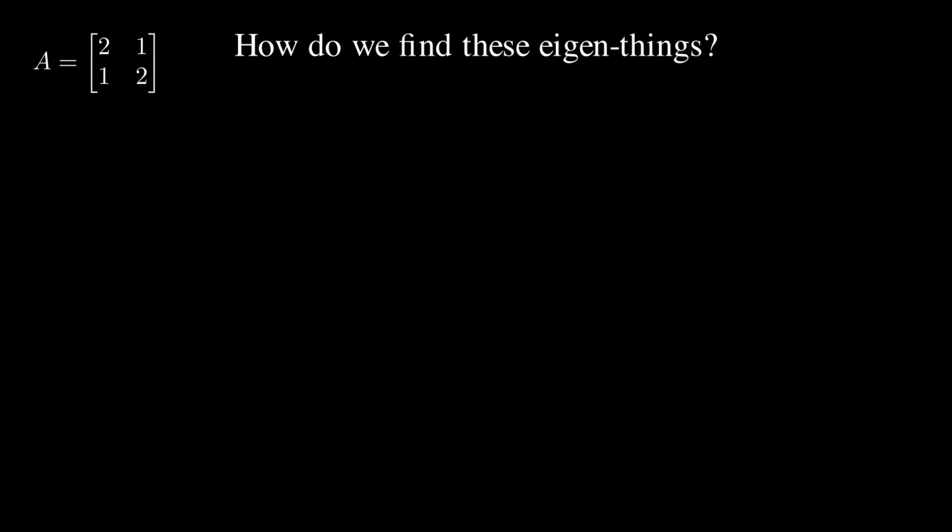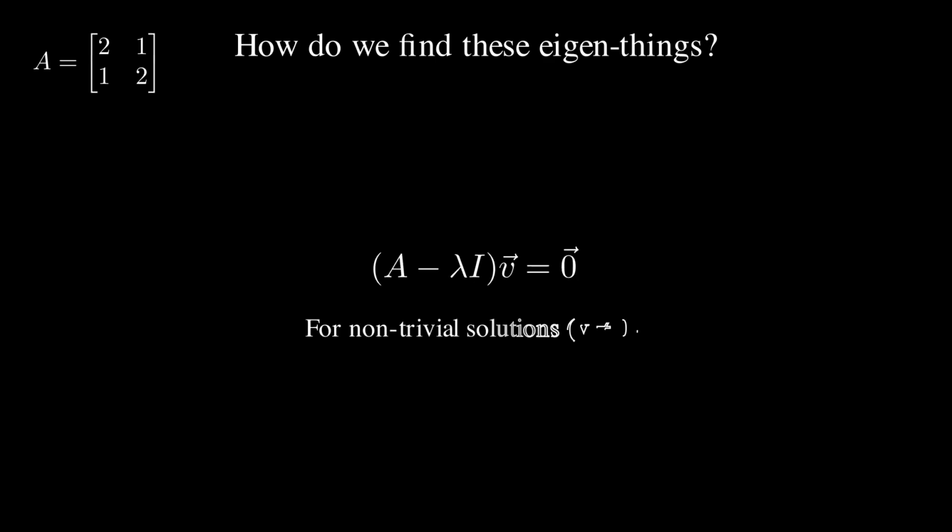We start with our familiar matrix A. We start with the fundamental eigenvalue equation, A times vector v equals lambda times vector v. Next, we introduce the identity matrix I to better manage the scalar lambda. We rearrange to bring all terms to the left-hand side, factoring out vector v. For the equation to have non-trivial solutions where vector v is not 0, the determinant of A minus lambda I